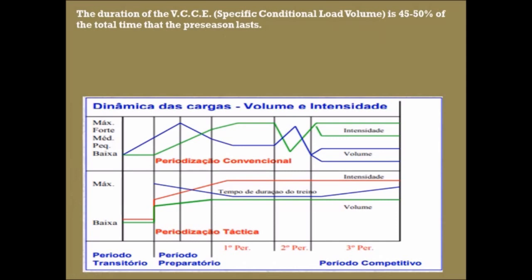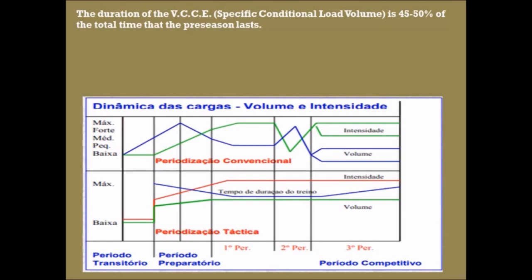And as an example, I place here a normal, conventional way, the first one you see on the graph, on the top part, and on the bottom you're going to see the tactical periodization part. You're going to see how they're going to play around with the volume and the intensity. The volume will increase, the intensity will slowly increase as the season goes along. Once the intensity increases, the volume will go down, and of course the curve of supercompensation, the same thing, will act according to the recuperation and adaptation of the footballers, okay?